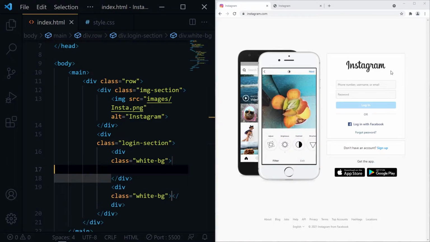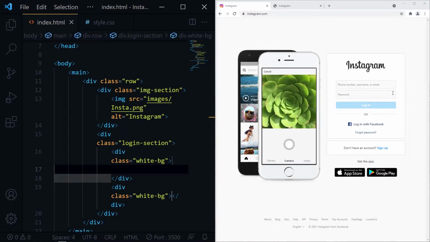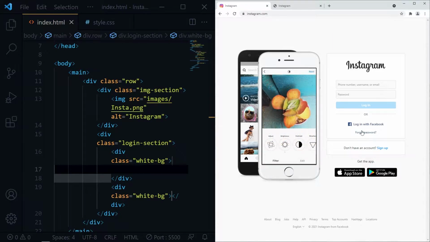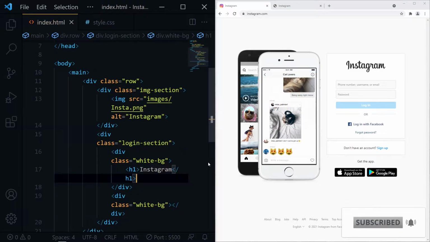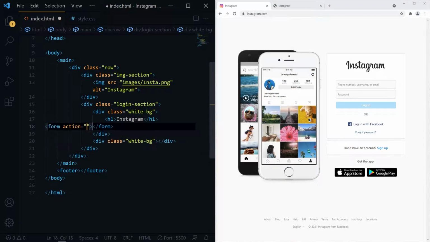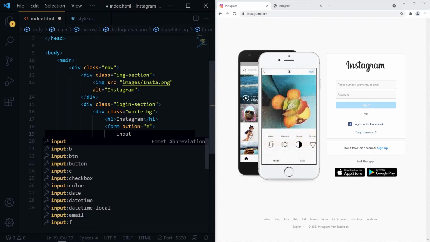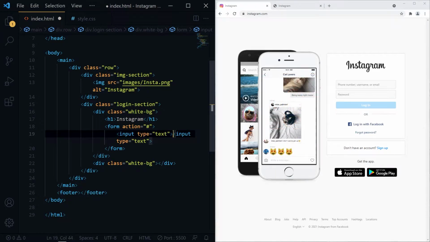And in the first container, we have our heading tag, two forms, two inputs, a disabled button, this OR section, login with Facebook, and forgot password. The first input type is text and the second input type is password.